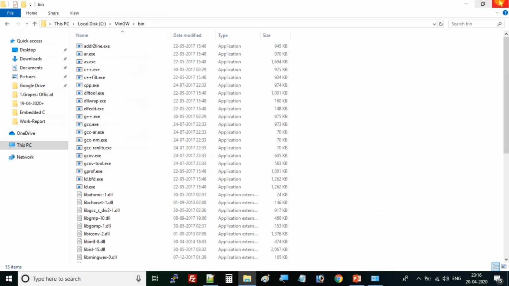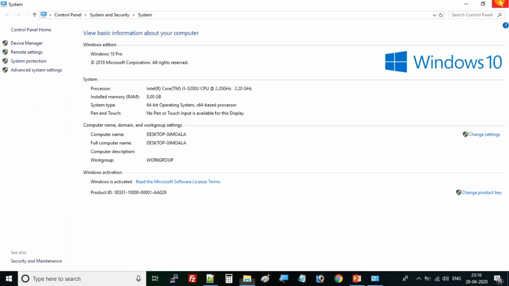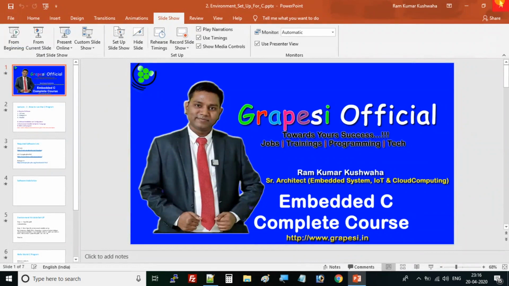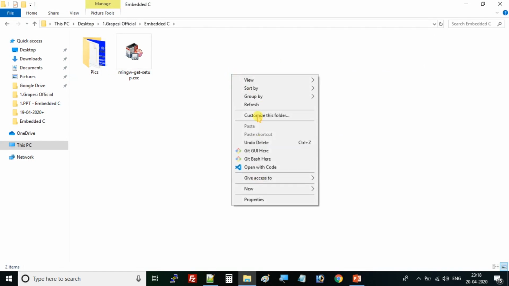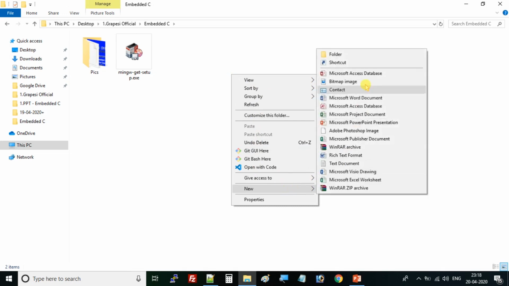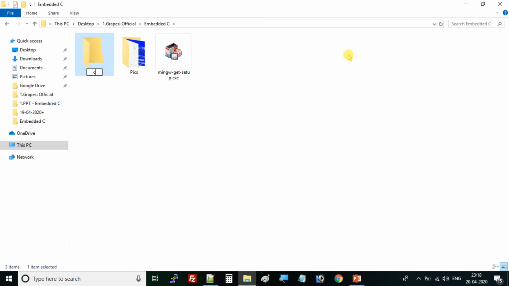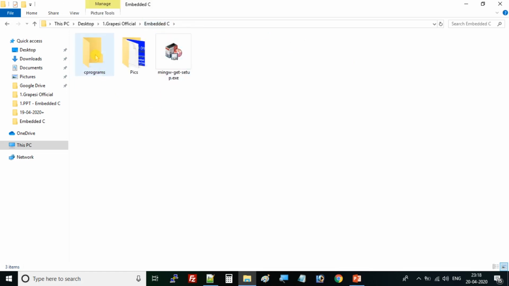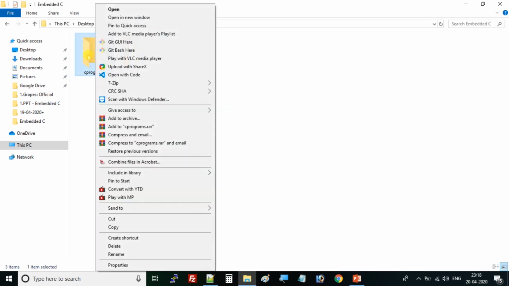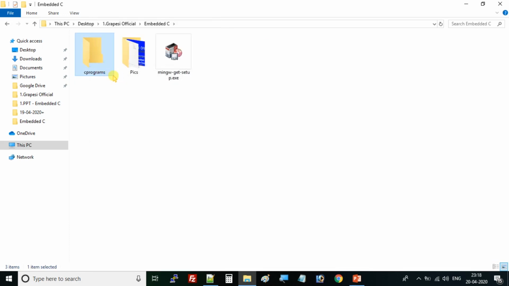Now we have to check whether the C program runs on the Windows machine or not. Now I will guide you on how to run your first C program in Visual Studio Code. You have to make a folder here. You can give it any name. This folder is empty right now, so right click on this folder and open with VS Code.